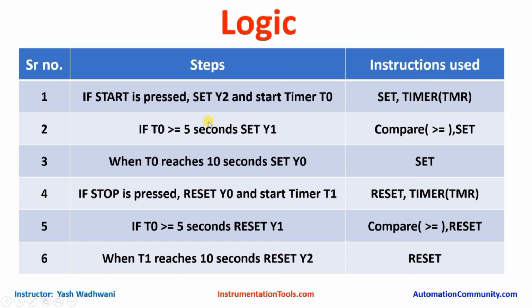Now the timer will start counting the time. When the timer reaches the value of 5 seconds, my other output, which is the grinding motor, should set. Set means it will just turn on Y1 and keep it latched. For this I have used compare instruction and set instruction. Now when my timer completes its timing of 10 seconds, it will set my output Y0, which is my